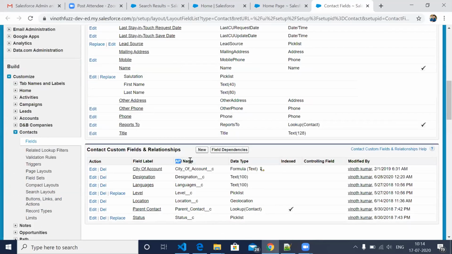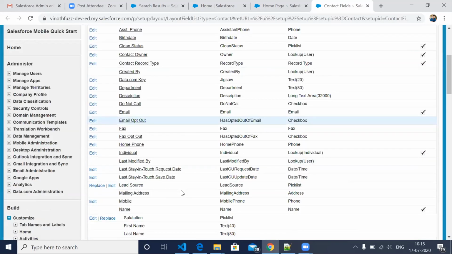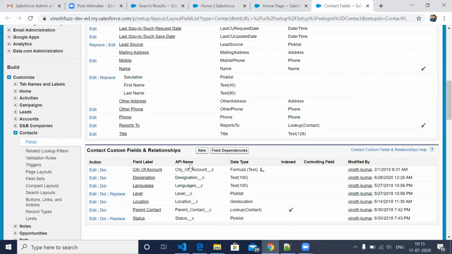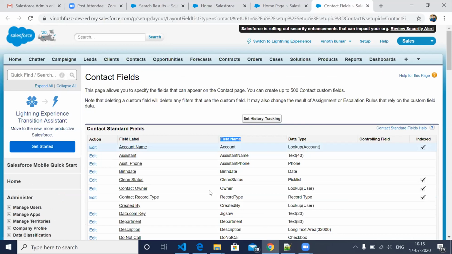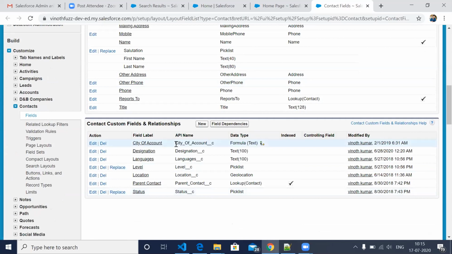Here we have the API name, and here we have the field label. That's the difference. Whenever it is displayed in the tabs and everything, whatever is in the field label will be displayed.